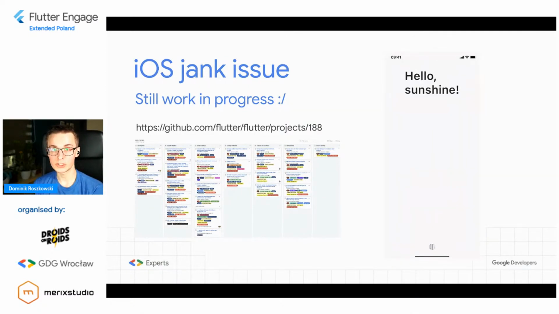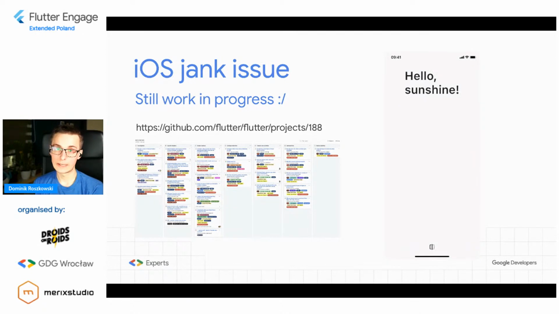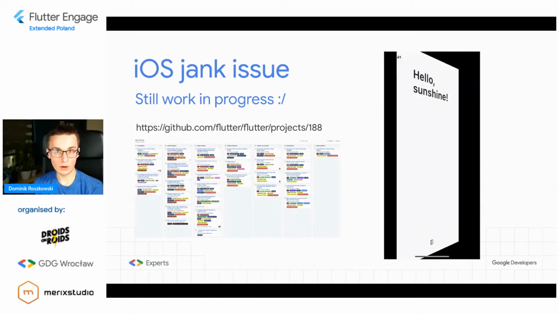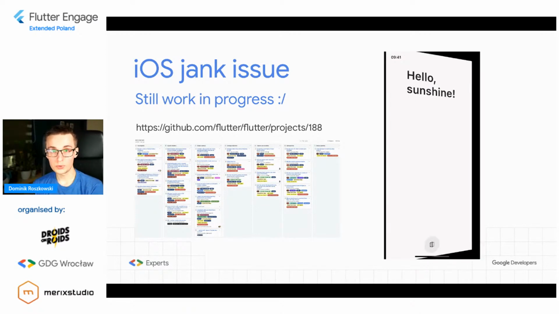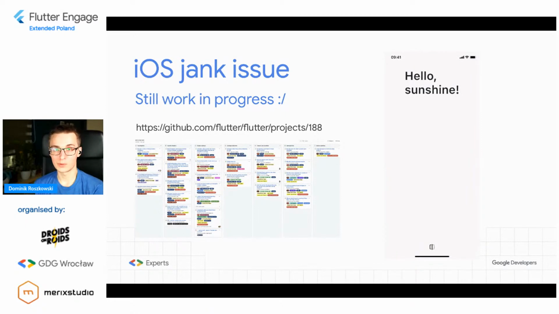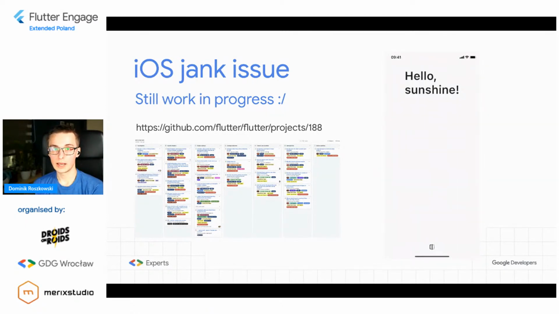Some colors are changing, and this causes the shaders required for that to be a lot. So there is a project that you can follow, number 188 on the Flutter repo, so that you can track the progress on some solutions to that. We hoped that there would be some solutions right now at the beginning of 2021, but still there is no viable solution to this.